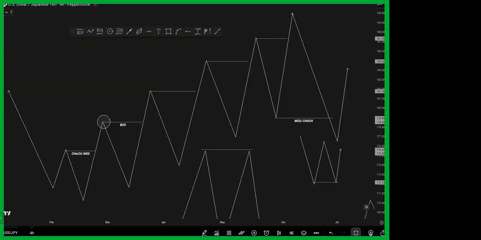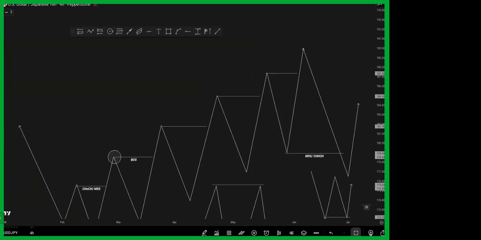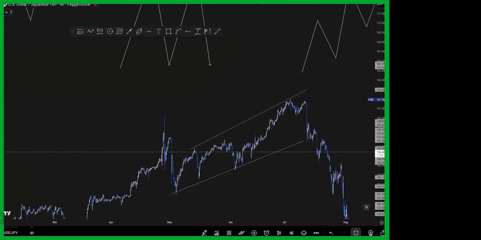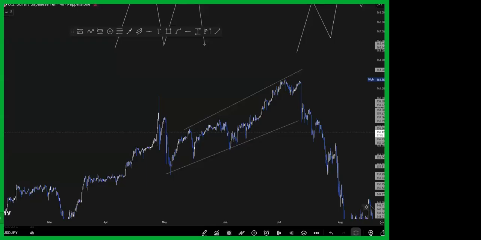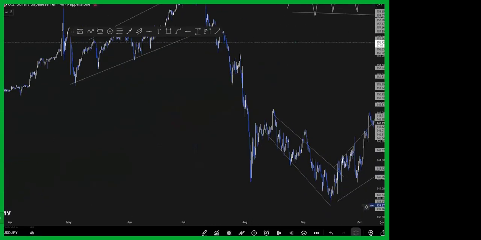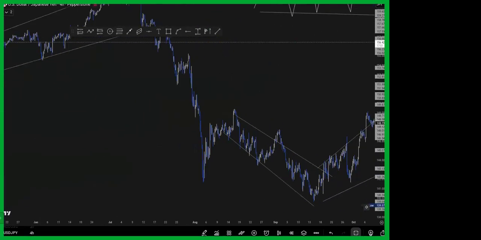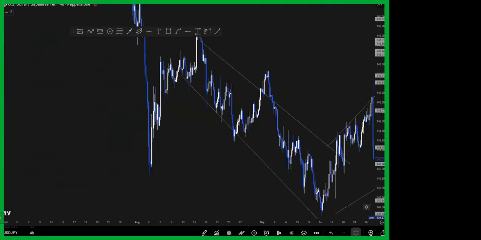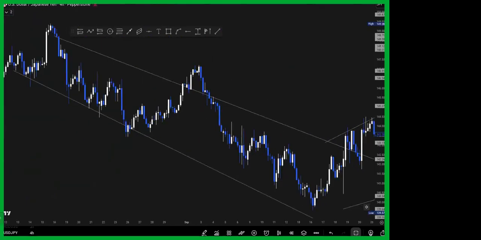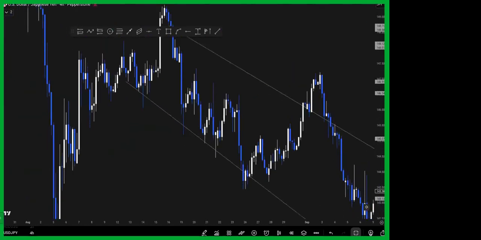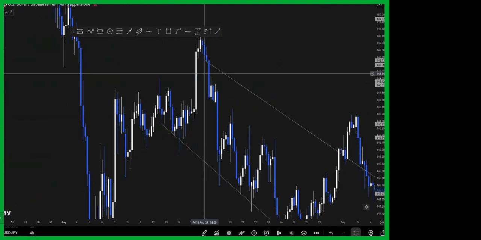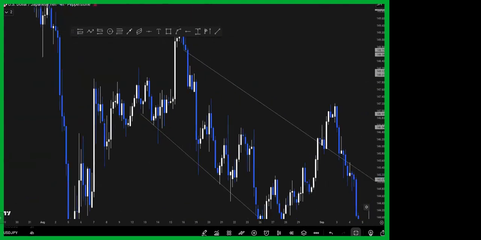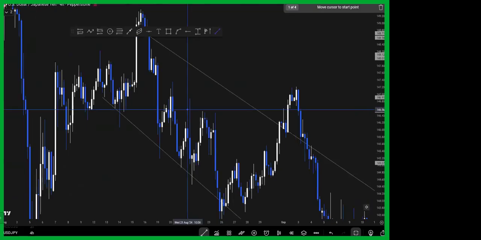So with that said, let me simply go and identify some break of structures and some market structure shifts in the market. I've already identified some of these trends before. So let's quickly and sharply identify their break of structure and market structure shift. So this was the last eye that the market gave to us, right? Until the market gave us this what? This structure shift to the downside.